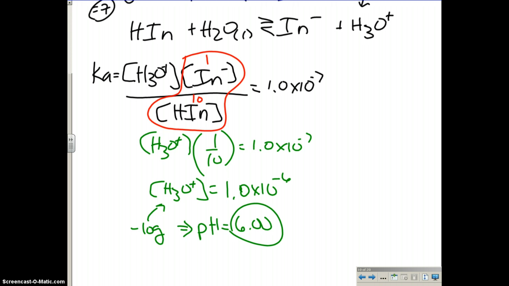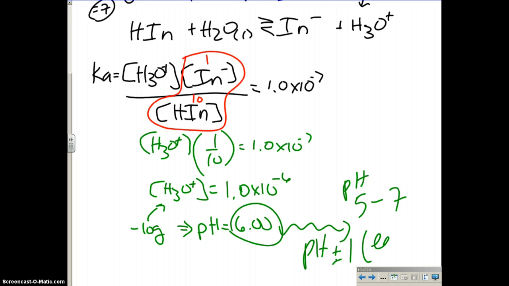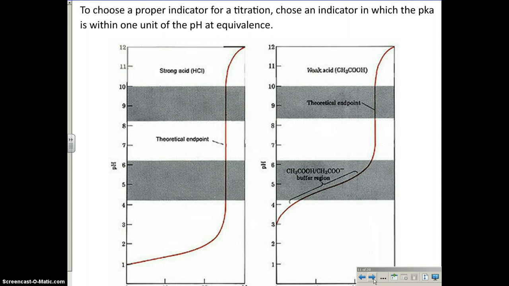It's good to use for anything that's in the range of plus or minus 1 though. So this would be great to use between pH of 5 and 7. And so the rule is you choose the correct indicator by taking the pH that it changes plus or minus 1, and as long as your equivalence point is in this general region, then that'll be a good indicator for your titration. So looking at these two graphs, we can